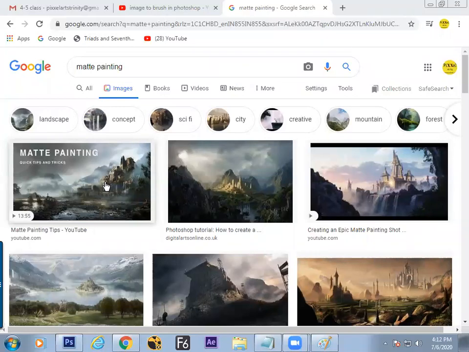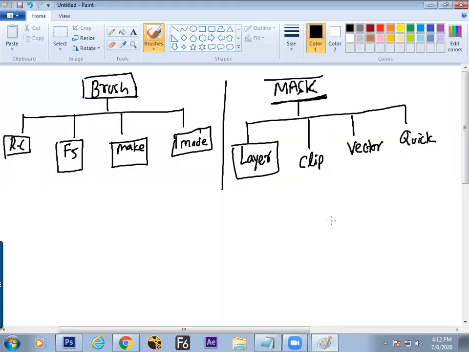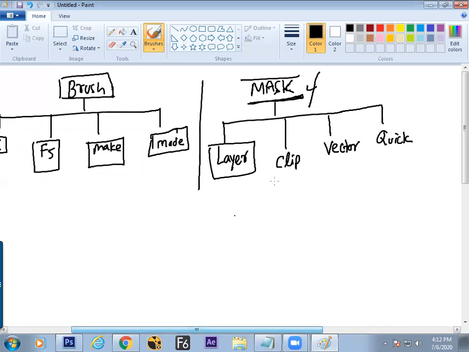Fine. So we got to know what matte painting does and what will happen once you learn this masking. So masking, the alternative name of mask is matte.